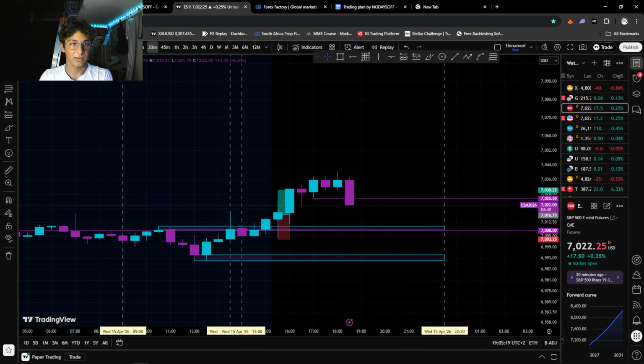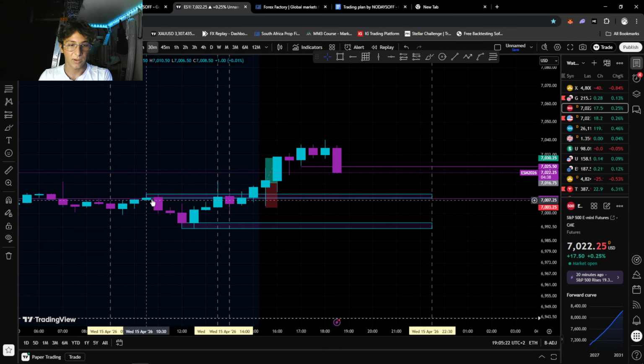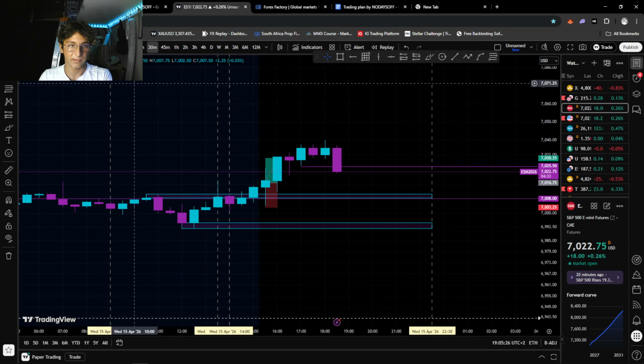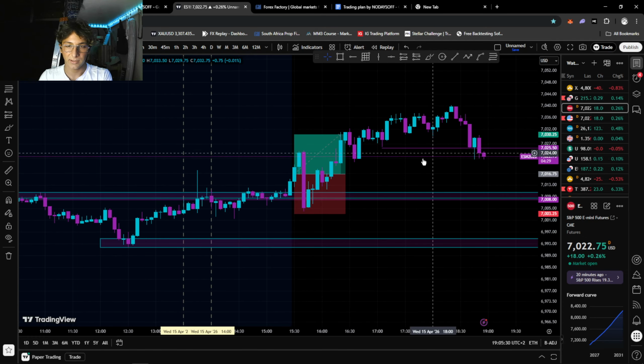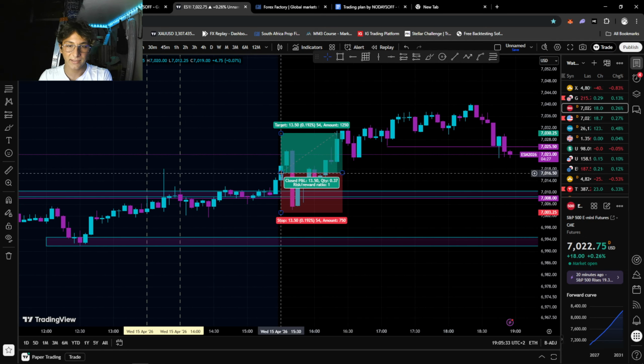So let's go into the lower time frames. As you can see, I marked out over here the highs of the London session and the lows of London session. So as you guys can see right here, I entered right here on this candle and my stop loss was